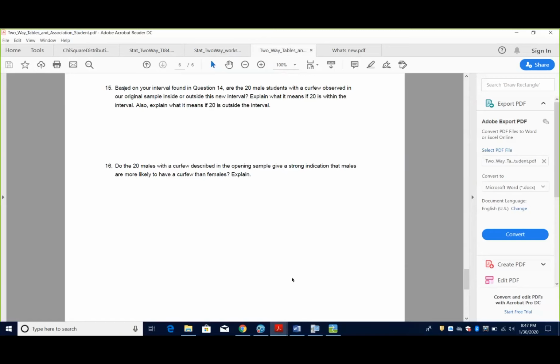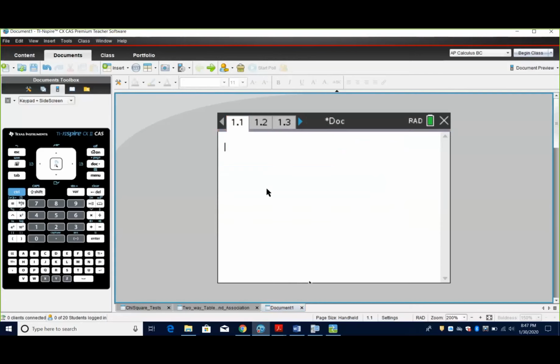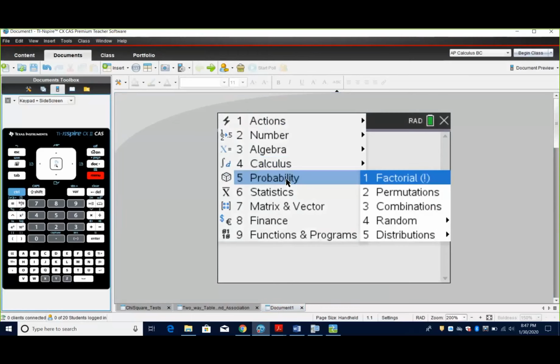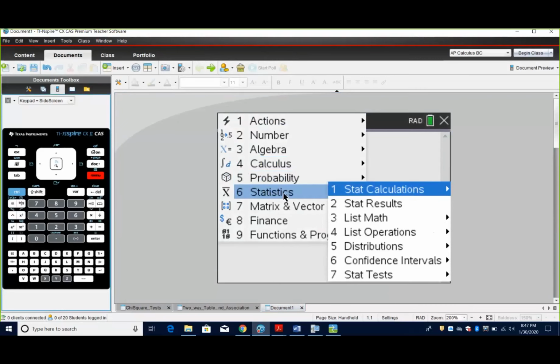And for those who are unaware, when you're teaching your IB math, do you have to use these activities? Not necessarily, because you can just use your calculators. So remember what's available to you on an Nspire or on a TI-84 with respect to probability and statistics. For Nspire users, I'm just on a calculator page here. They have a probability section and a statistics section with tons and tons of information. So just peruse that. There's a lot that you can do without doing activities, and you can develop your own.